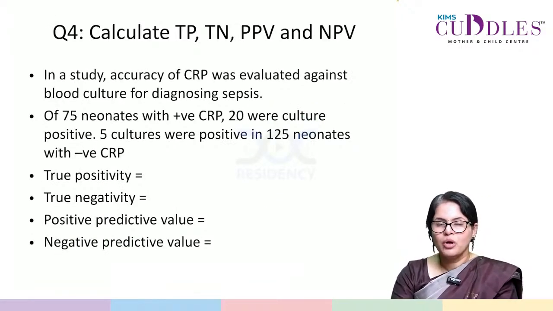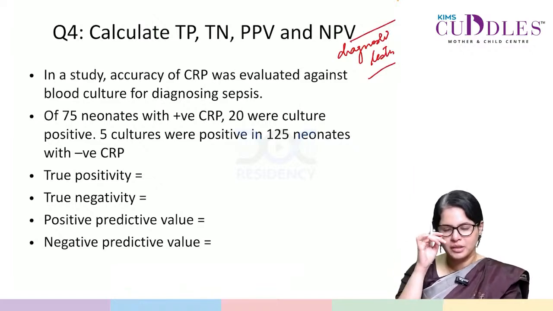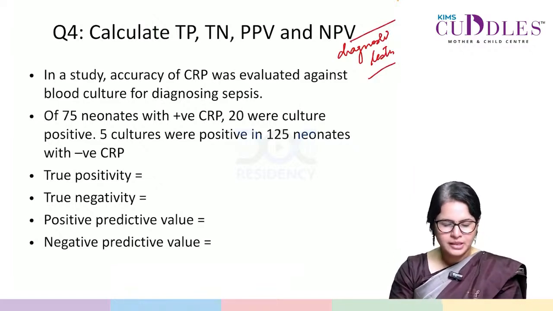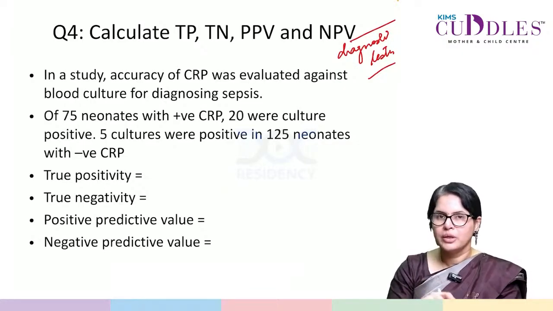Now we will move on to the fourth question, which is going to be on diagnostic tests. So we already discussed the ROC curve. Now we are going to discuss the other parameters that we normally study in a diagnostic test. So let's go for an example. In a study, the accuracy of C-reactive protein was evaluated against blood culture for diagnosing sepsis. Of 75 neonates, so this is a study on neonatal sepsis,